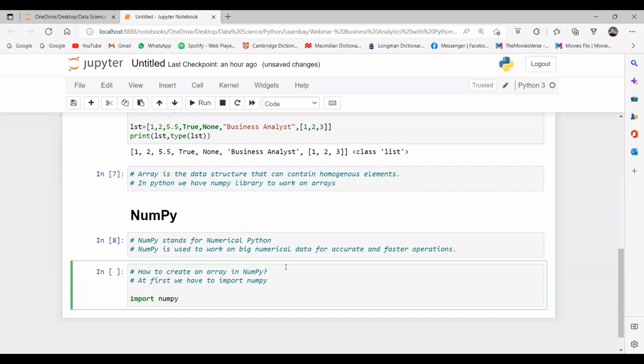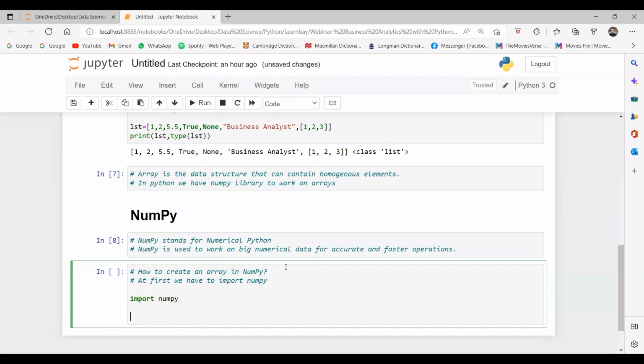Fine, guys? We cannot use NumPy if I don't import it. We use the import keyword and we just write the package name, for example, import numpy. I have imported NumPy. In NumPy, the array function is there to create an array from a list.